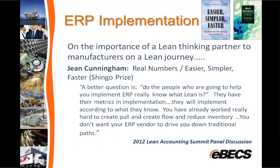To just kind of add a little bit to this, I was at a Lean Accounting Summit last year, and Jean Cunningham is one of the original thinkers in the area of Lean Accounting. She's written 2 books that are up there on the top. One of them, Easier, Simpler, Faster, actually won a Shingo Prize. And the question on a panel discussion she was involved in was, what ERP system best supports Lean Accounting? And her question was kind of interesting. She reframed the question. She said a better question is,